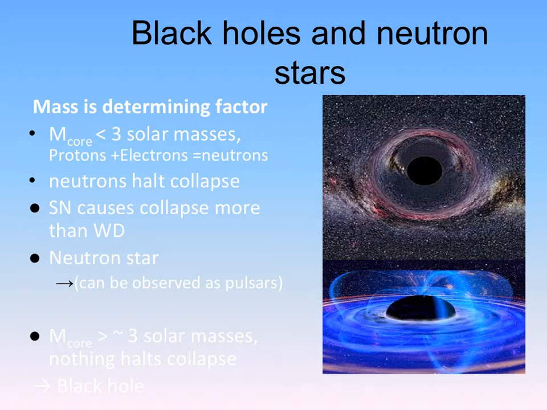But in this case, we're not necessarily looking at the mass of the initial star. We're looking at how big that core is, which of course is related to that. So our two outcomes are a black hole or a neutron star. If we have a mass of the core that is less than 3 solar masses, so again, we're talking about the core of the star, when that infall happens following a supernova,